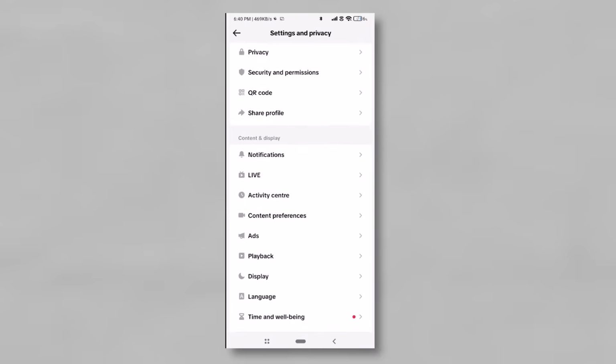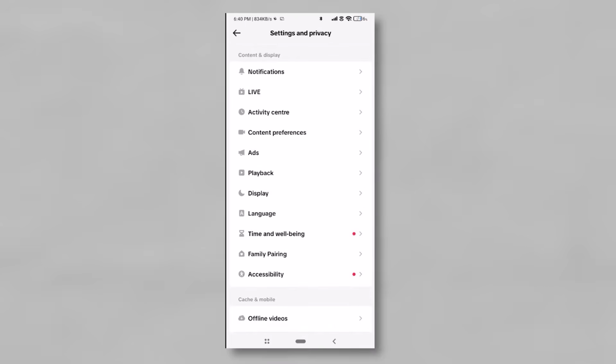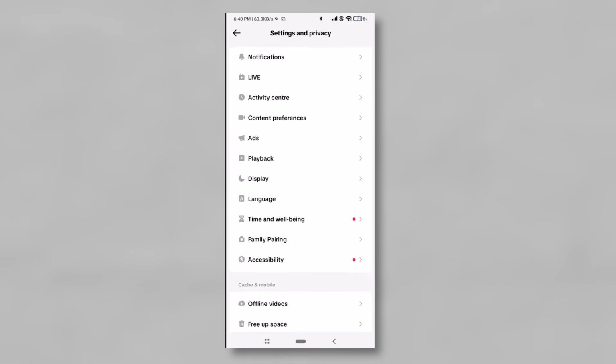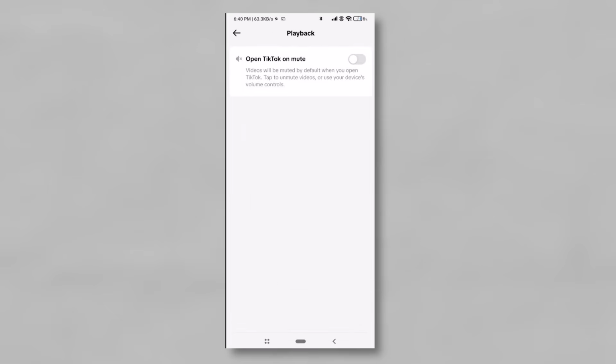Finally, you must navigate to the specific section that controls how videos automatically play on your feed. Scroll down the settings page and tap on the Playback option. Look for the setting labeled Open TikTok on Mute, and if the toggle switch is turned on, tap it once to switch it to the off position. This ensures that your audio will play automatically when you open the app going forward, instead of forcing you to